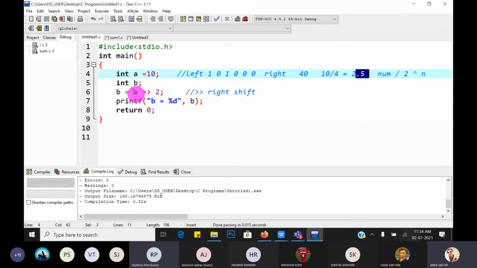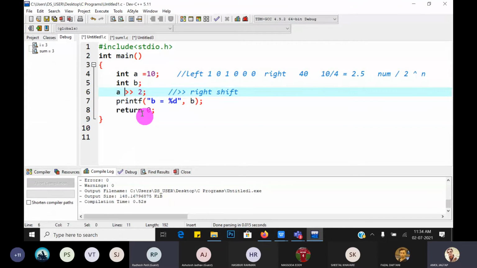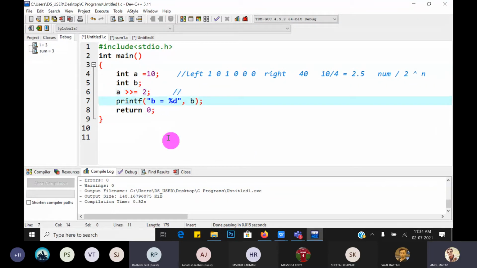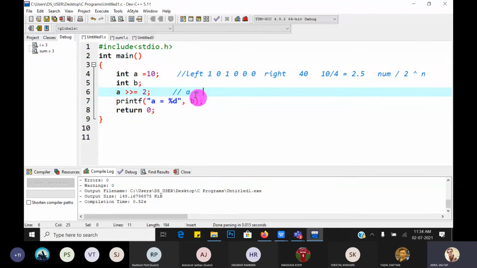Yes. So the shorthand notation for that, the equal and shift operator, we can directly write like this. So what is the meaning of that? Now tell me, there is no separate variable. What happens here? A is equal to A right shift by 1 bit or right shift by 2 bits.